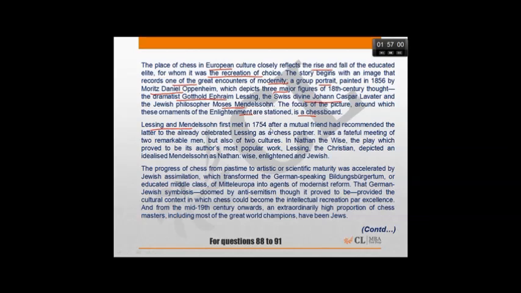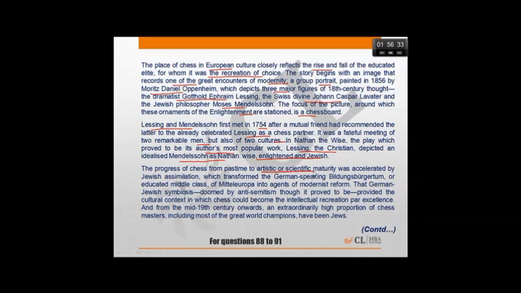Lessing and Mendelssohn first met in 1754 after a mutual friend had recommended the latter to the already celebrated Lessing as a chess partner. It was a fateful meeting of two remarkable men, but also of two cultures. In Nathan the Wise, the play which proved to be the author's most popular work, Lessing the Christian depicted and idealized Mendelssohn as Nathan: wise, enlightened, and Jewish. The progress of chess from